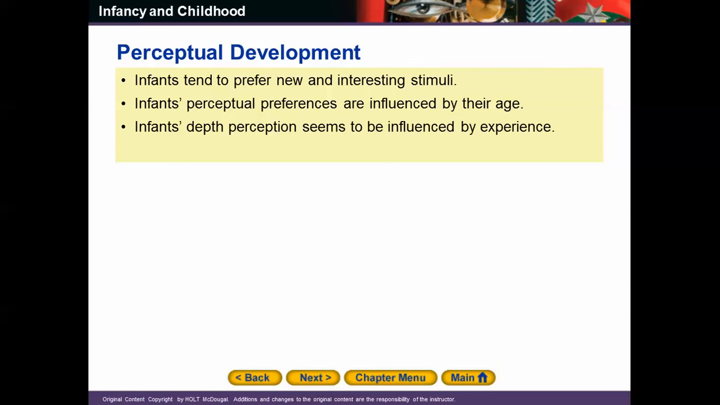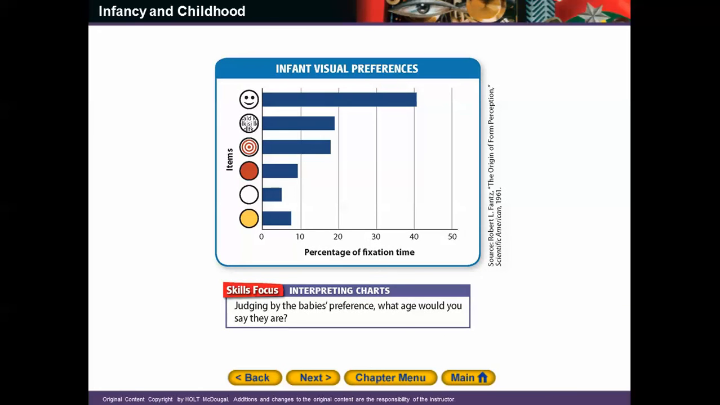They're influenced by their age, definitely, and their depth perception seems to be influenced by experience as well. So this is a chart showing you how long infants will fixate on something that is shown to them, and you can see right here they will fixate on a face, on what is recognizably a human looking face, for a very long time, whereas these other things they won't. So automatically there is a nature component here. Infants are pre-wired to be able to recognize a human face,